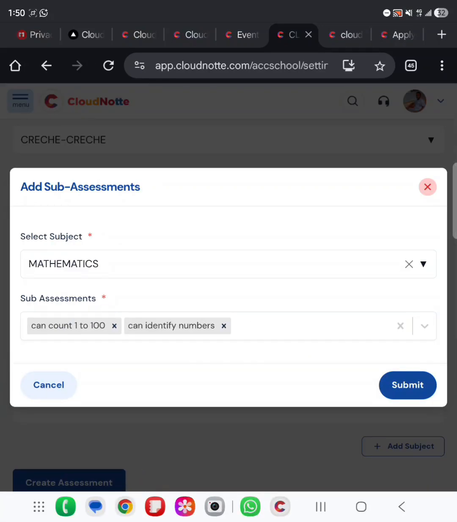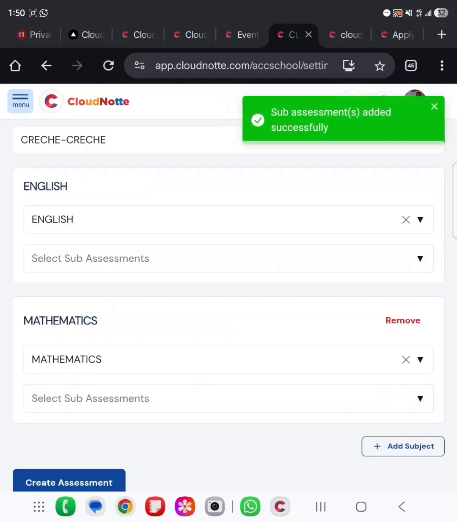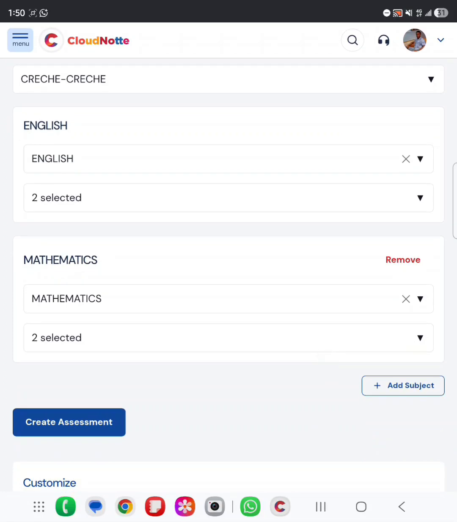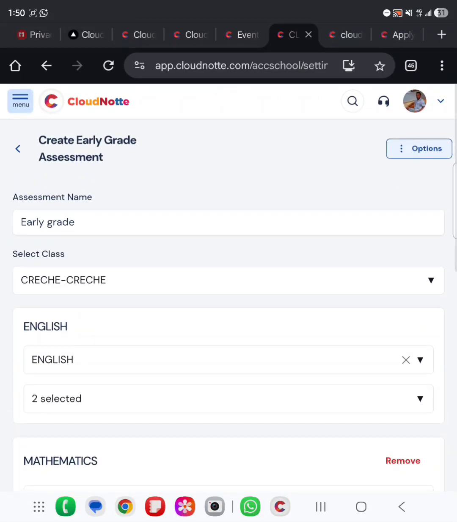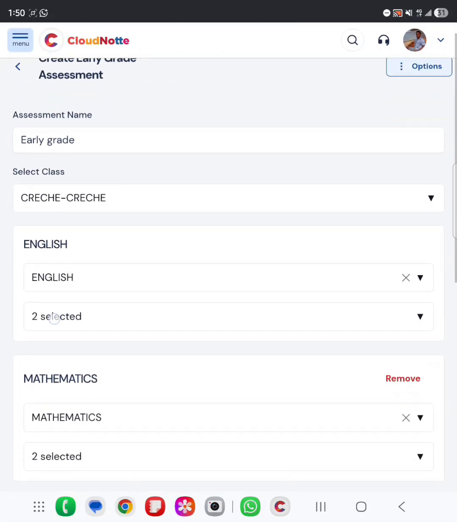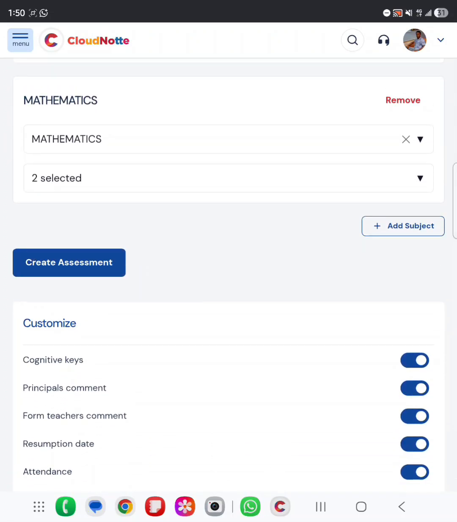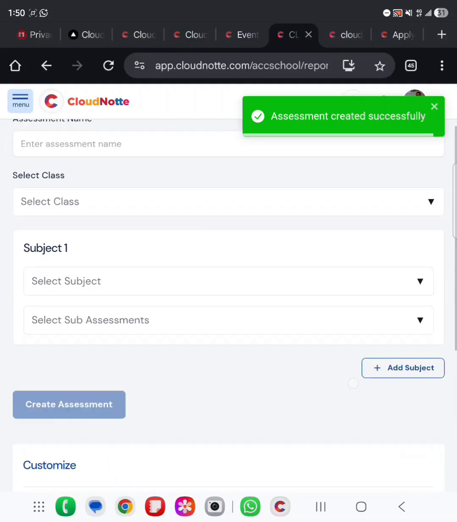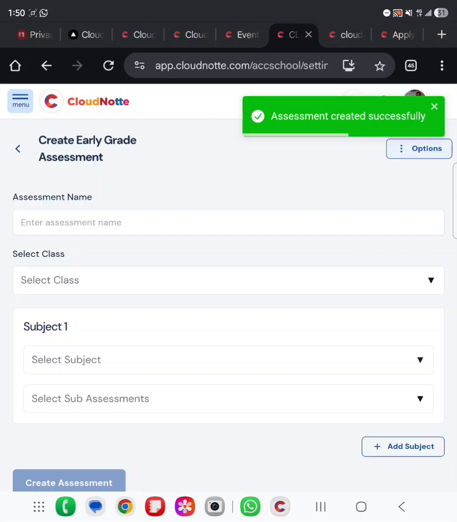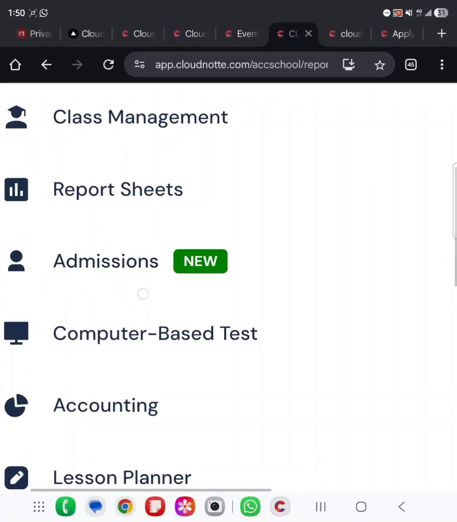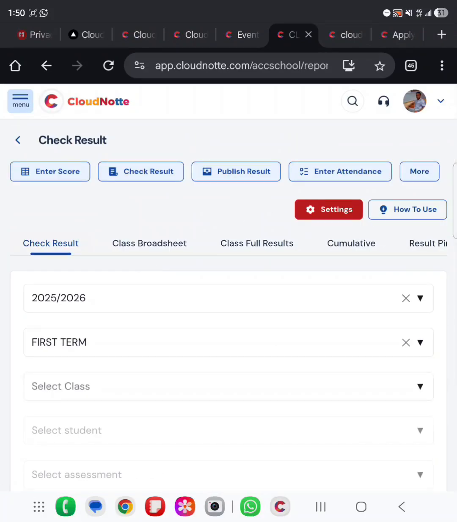Now once you've done this, you click on submit. So you can then select the sub-assessment that you've created. Now let's work with English and mathematics. Once done, you have to verify your information are accurate. You can go ahead and click on create assessment. So once you've created this, navigate to your report sheet by clicking on the menu report sheet, and then you